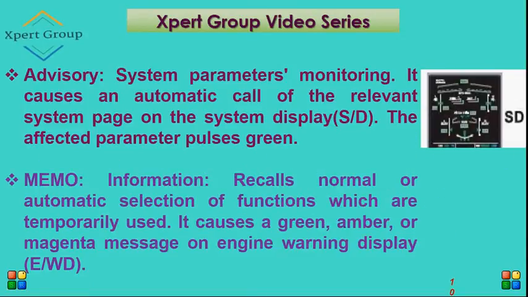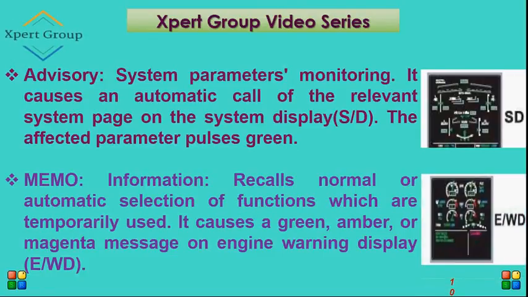The second message is status messages, memo and information. Recalls normal or automatic selection of functions which are temporarily used. It causes a green, amber or magenta message on the engine warning display. It means it is information of any system that is used for a short time, and it is indicated on the engine warning display. Here you can see the message in green writing and magenta writing. Guys, this was all about today's